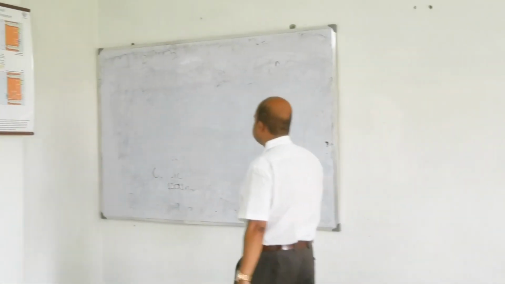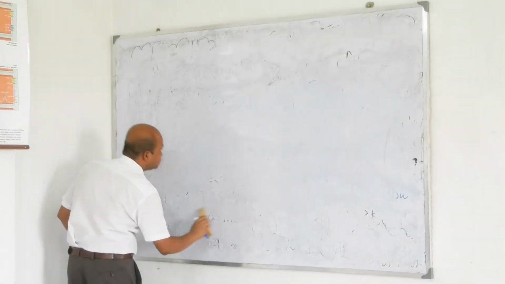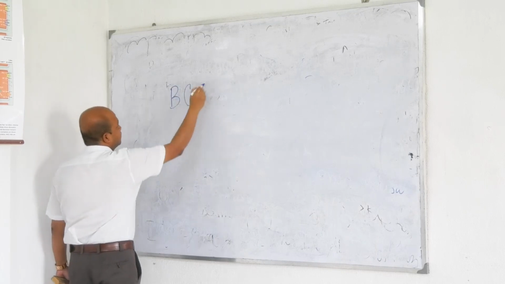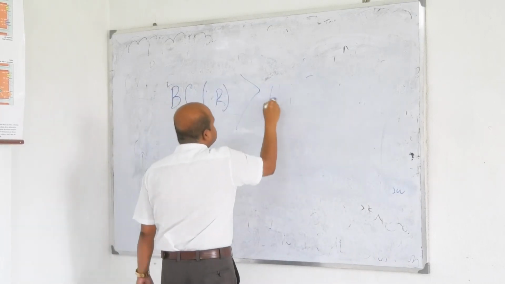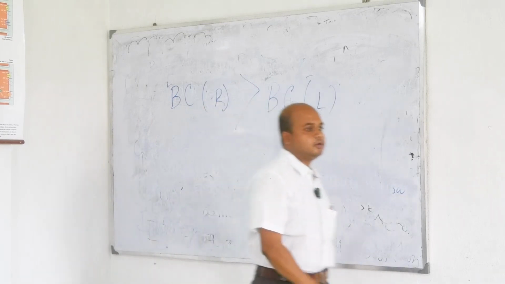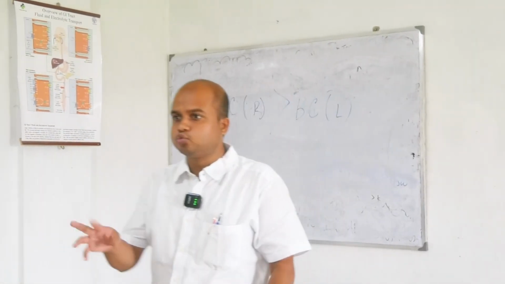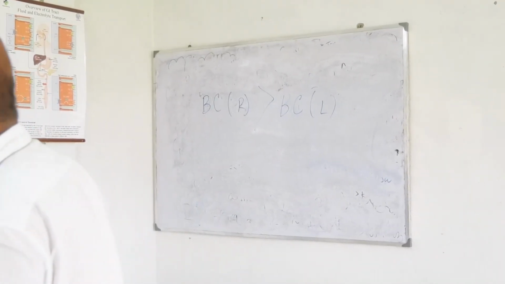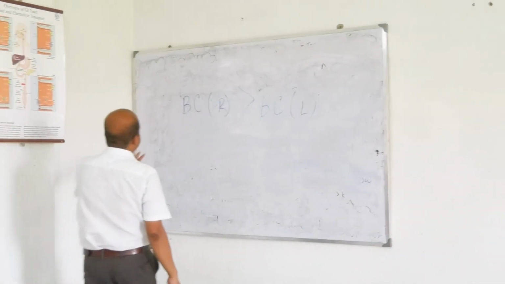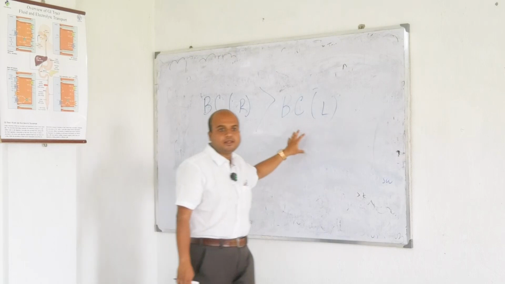First line to understand is, the subject has raised his right hand. That means BC of right ear is greater than BC of left ear. Here we are not comparing AC and BC. In Rinne's test we are comparing AC and BC of same ear, right? Rinne's test, obviously Rinne's test দুদিকে করতে হবে, Rinne's test দুদিকে করতে হবে। যখনই আমি Rinne's test করছি দুদিকে করে নিতে হবে, কিন্তু তার আগে ওয়েবার্স টেস্ট করেছি BC অফ রাইট ইয়ার ইজ গ্রেটার দ্যান BC অফ লেফট ইয়ার।